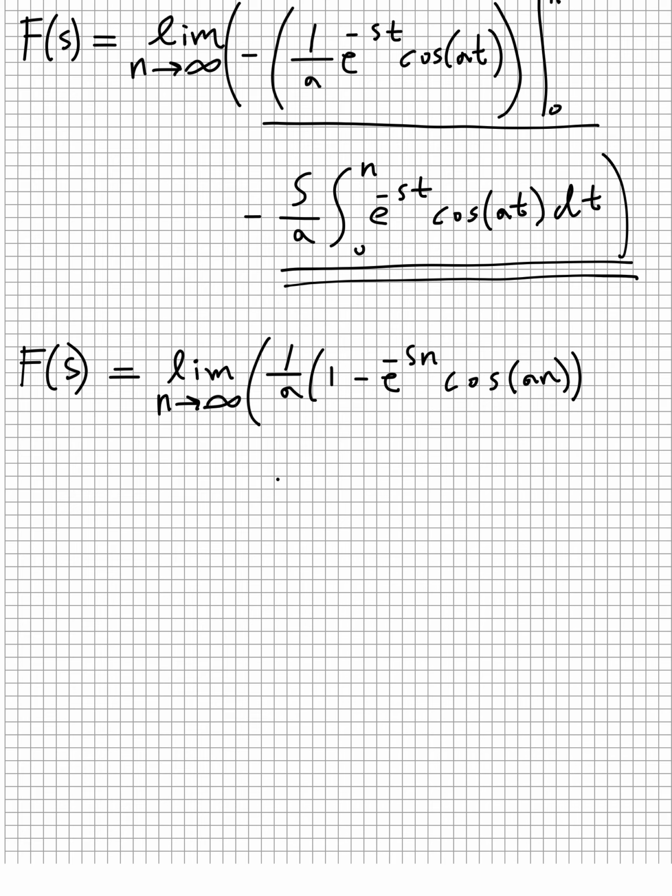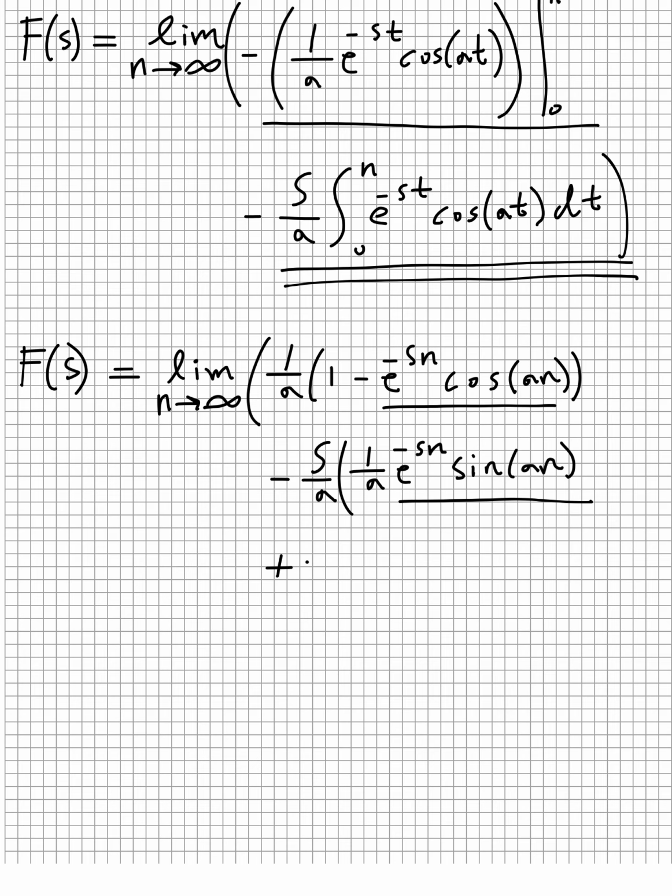Still not done with the limit, minus s over a, and this is the second integration by parts result, 1 over a, e to the minus s times n, and this time it's sine of an. And I should tell you these expressions here are going to be very important pretty soon,